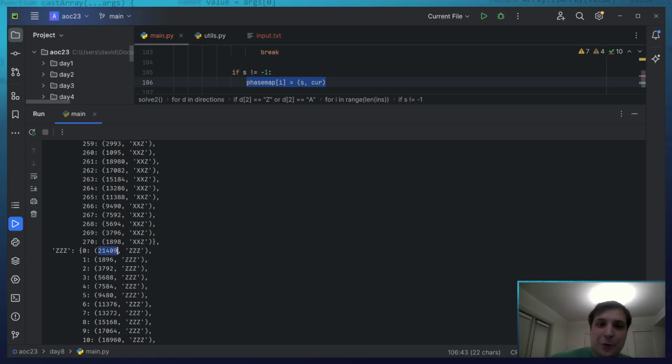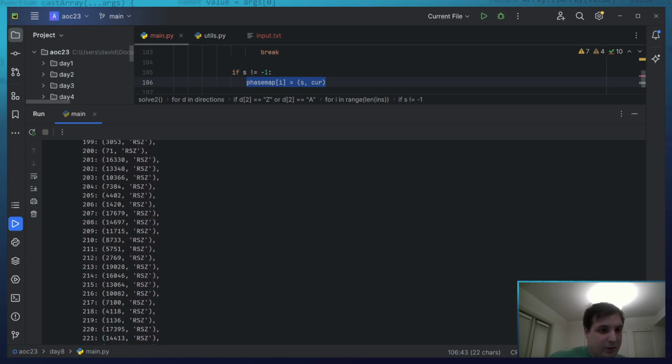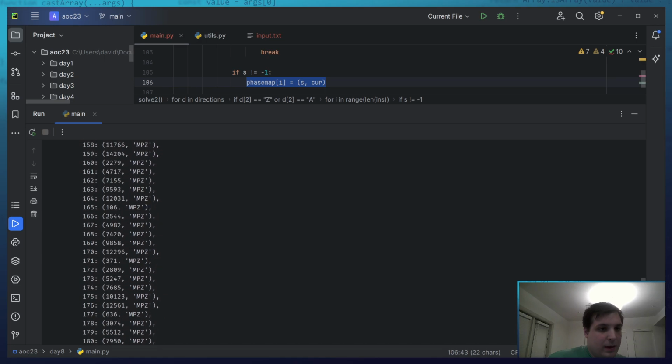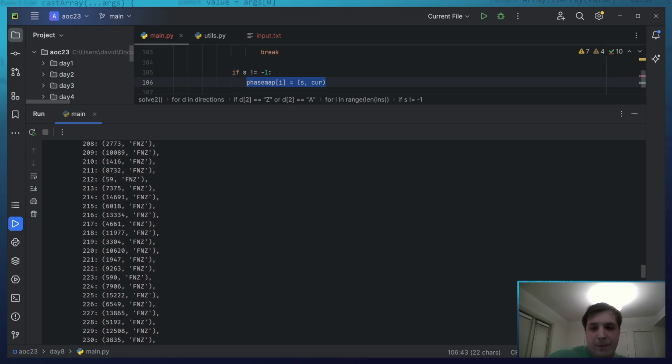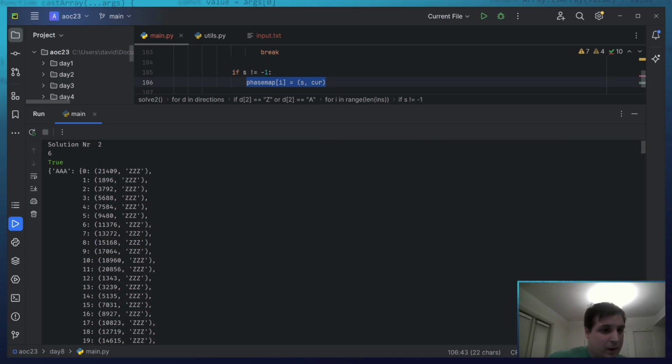That's why it took so long. If we had phase 1, we will already reach it in 1896. Phase 2 will take us 3792, and so on. That's the same with all the others as well. This is the exact type of map that I was hoping for. And the same with the A's.